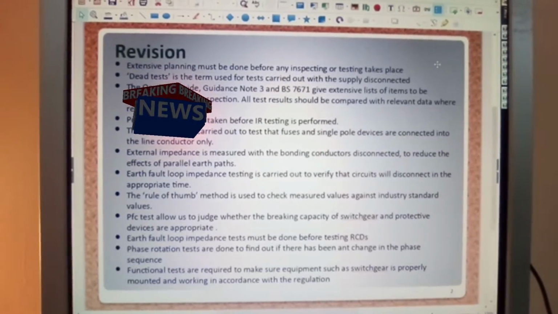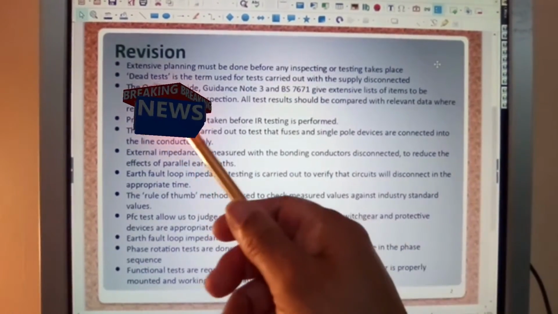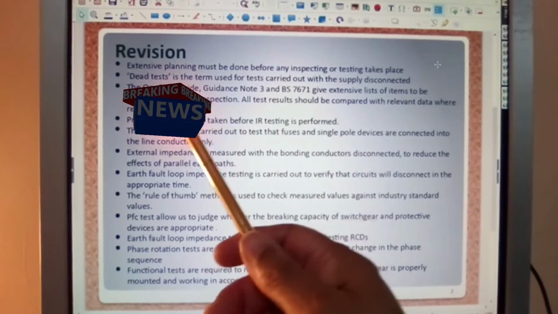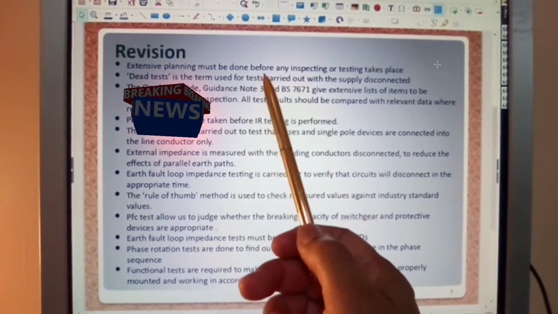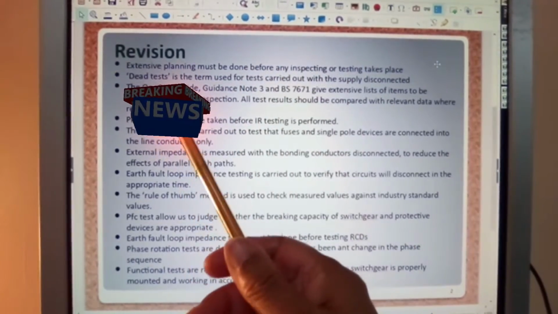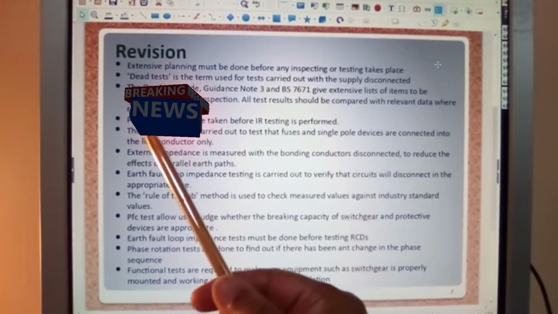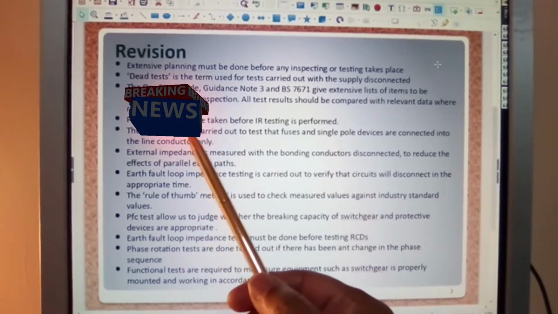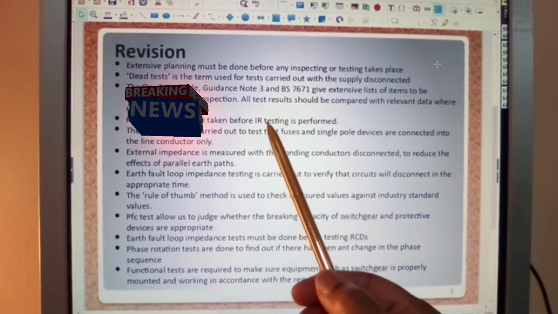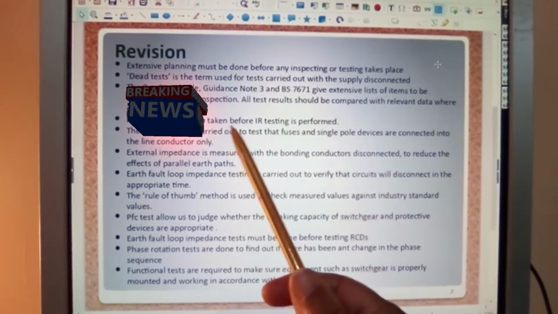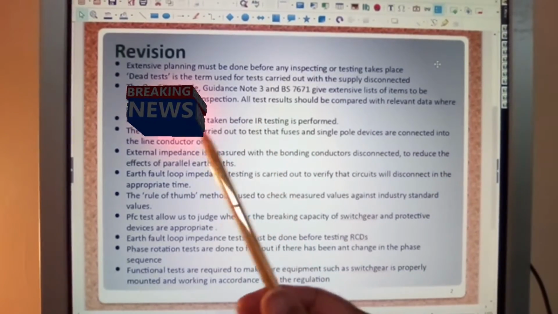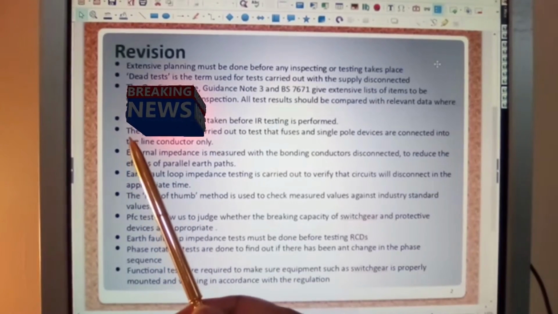Well, this is just revision. Basically, extensive planning must be done. Dead test is the term used for tests, etc., etc. Done site guide. Precautions are to be taken before IR testing is performed, and you should know what IR testing is by now. If not, look back at the relevant